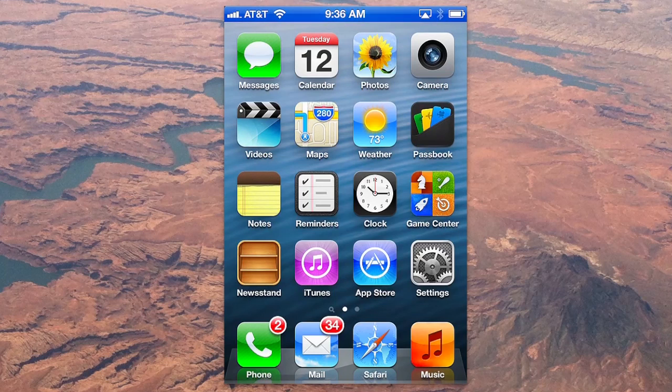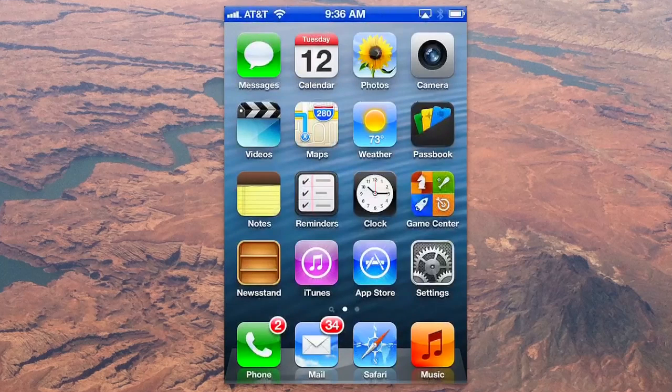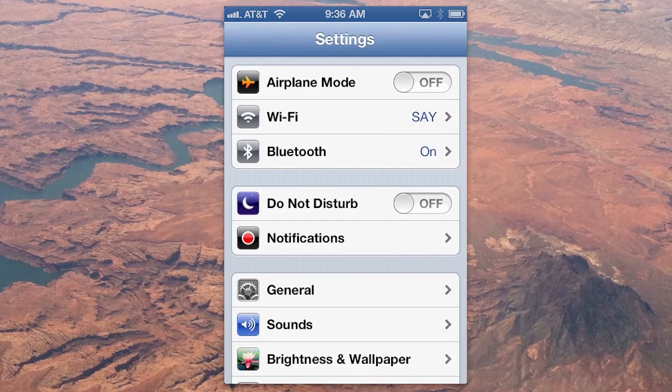Really nice feature that's going to just make that busy meeting phone call a little bit less obtrusive. In the phone, not too many other tweaks to the design within the phone interface. But again, if you go into settings, you have this new Do Not Disturb option. Now, the Do Not Disturb option, again, allows you to turn off Notification Center and set specific restrictions between any hours you like or when the feature is turned on or off. Notice next to my clock on the top of the screen, there's a little crescent moon indicating Do Not Disturb